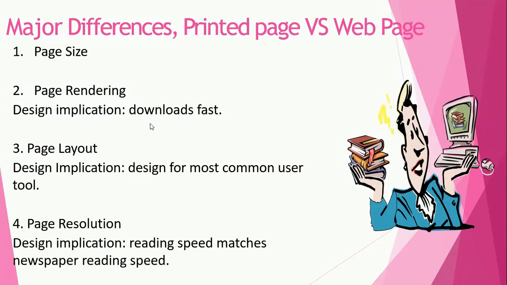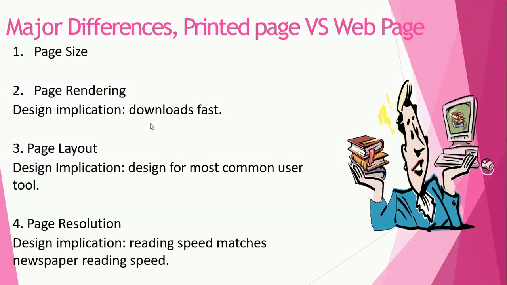Always remember, if you have a textbook, you feel very good reading from it. Why? Because it is faster. It helps you read very fast. You can turn the pages as and when you need. This is how printed pages help you in reading. Reading speed will be very fast.